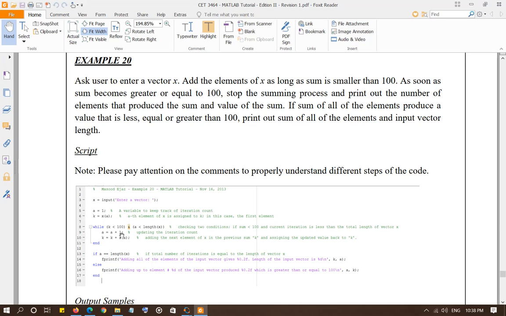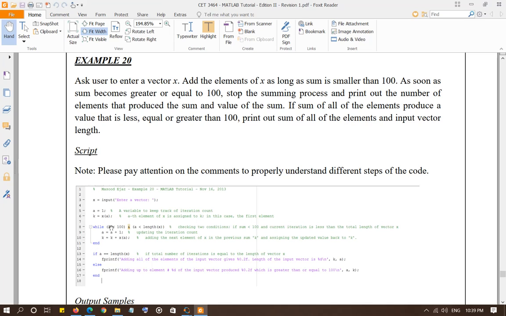If this condition is satisfied, then I'm going to increase the value of a by 1. So a is my counter, right? It's the iteration, updating the value of a each time the while loop runs. And then it is also going to change the value of k. Basically, it's going to add the next value of x to the current value, because k is holding the current value of x of 1. Then it's going to update a equal to a plus 1. That's going to become 2, and then it's going to add x of 1 plus x of 2 and assign this value to k.